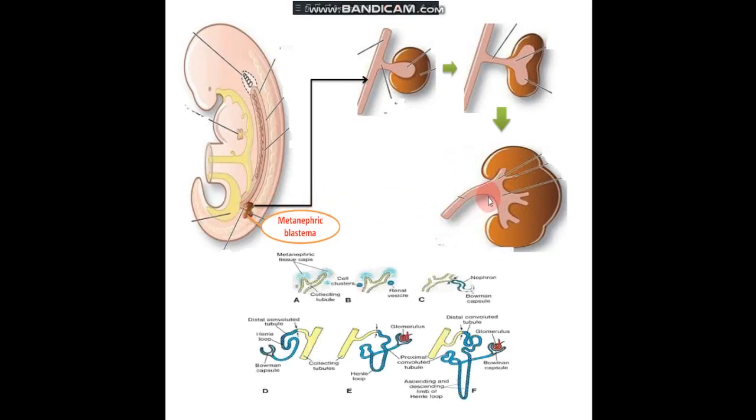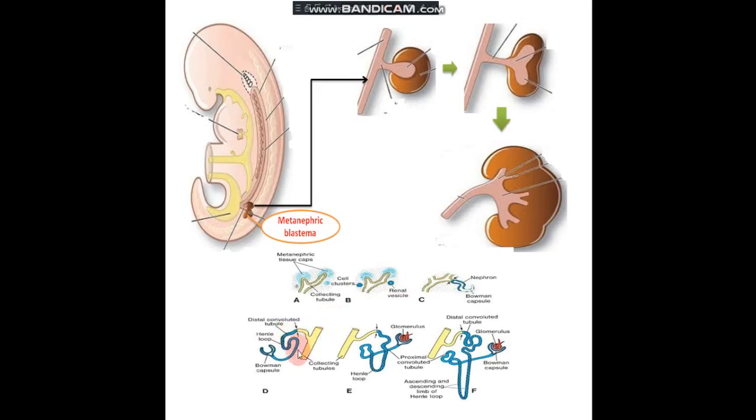Later on, one of the buds, this collecting duct, interacts with a cluster of cells of the metanephros. So that cluster of cells later on develops a lumen, forming a vesicular structure which is known as the renal vesicle. Now later on, this renal vesicle forms an S-shaped structure. Now the S-shaped structure has a medial end which is towards the branch of the dorsal aorta, and a lateral end which interacts with the collecting duct.